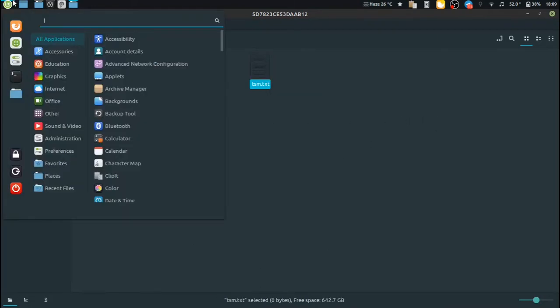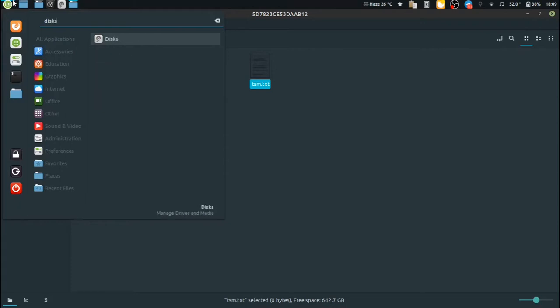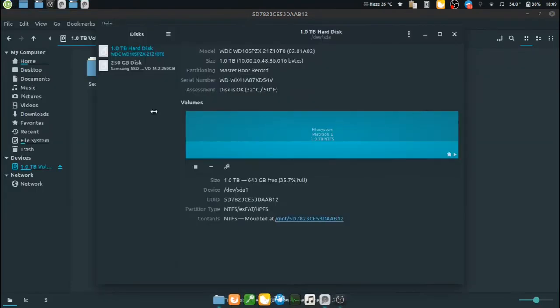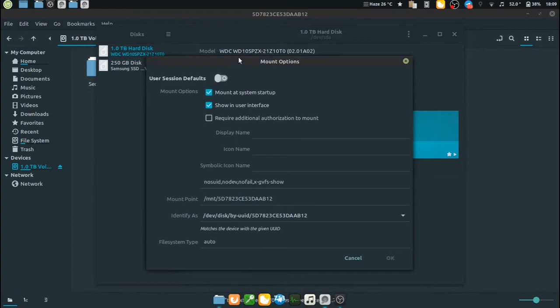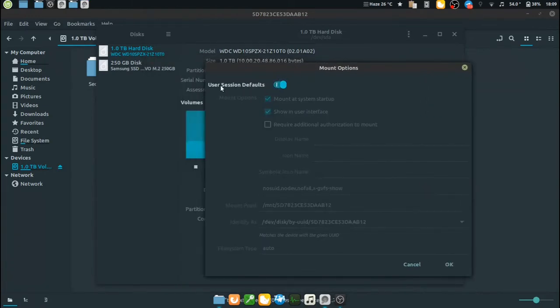So to fix that, there was an issue from my end. Whenever you install your Linux system, by default this user session default is set to on, and if this is set to active, then your external partition devices won't auto mount whenever you start your PC.